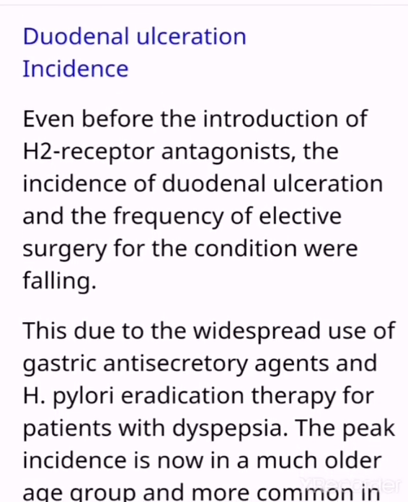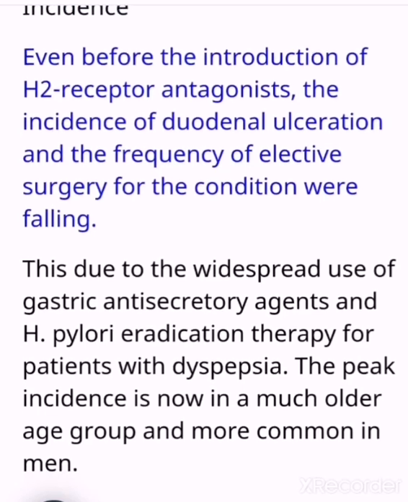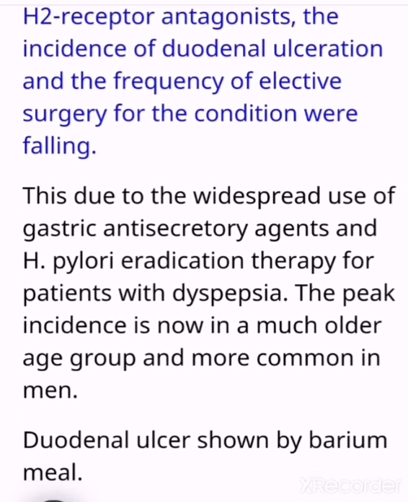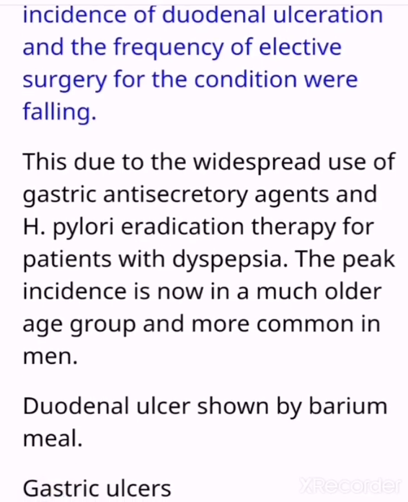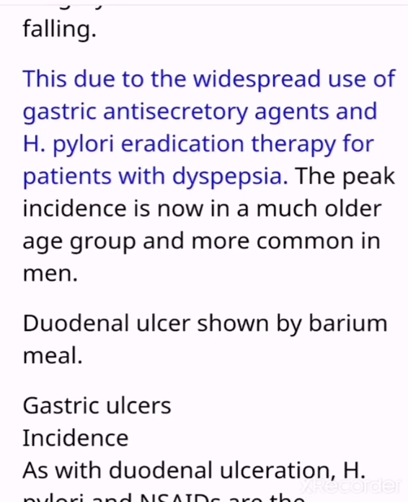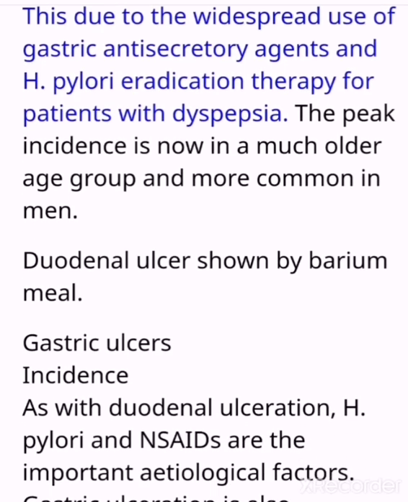Duodenal ulceration incidence. Even before the introduction of H2 receptor antagonists, the incidence of duodenal ulceration and the frequency of elective surgery for the condition were falling. This was due to the widespread use of gastric antisecretory agents and H. pylori